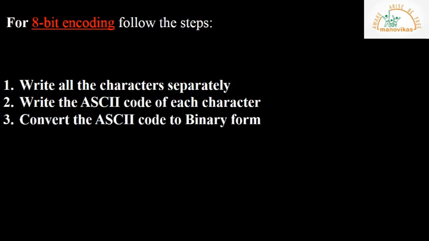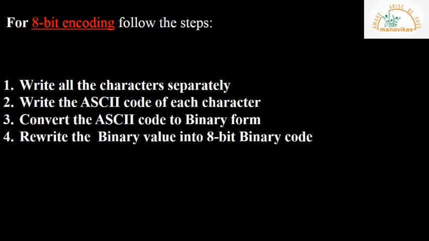Now, step number 3. Convert each ASCII code what you have written to its respective binary form. Now this conversion is the same as decimal to binary conversion because ASCII codes are in the form of decimal number system, and it is very simple to convert from decimal number system to binary number system. I have explained it in my earlier videos. Those who have not watched, please watch that and come back so that you will understand this.